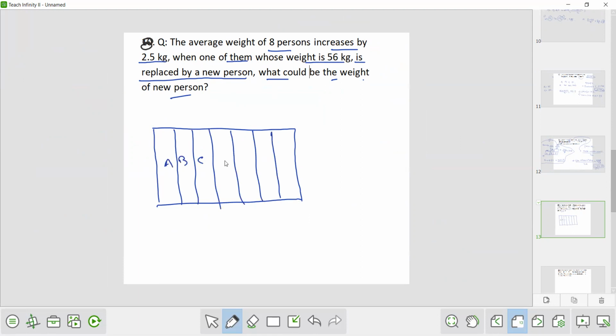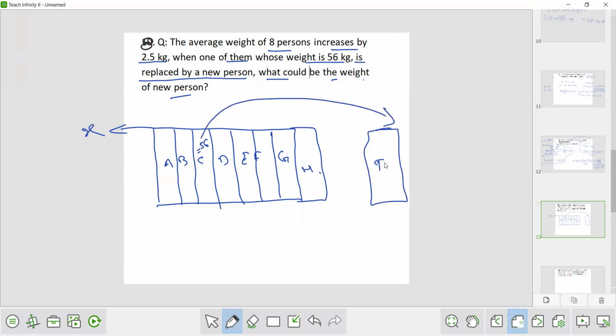A, B, C, D, E, F, G, and H. Now their average weight will be something, let's say X. Now when one of them, whose weight is 56 kg, let's suppose C is that person whose weight is 56 kg. Now C is replaced by a new person, means C is going out and some new person, let's say